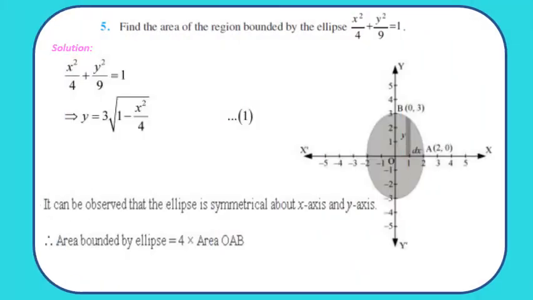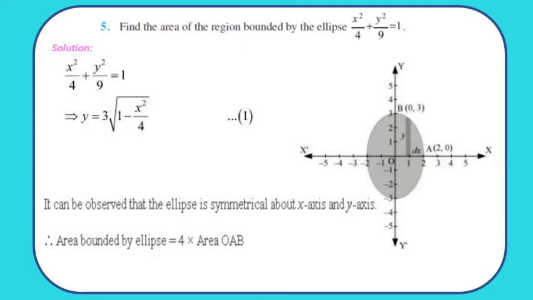Moving to question 5. Find the area of the region bounded by the ellipse x square upon 4 plus y square upon 9 equals 1. We have learned about the ellipse in grade 11th, conic sections. Here it is x square upon 2 square plus y square upon 3 square equals 1. Since the number below y square is greater, the major axis of the ellipse is on the y-axis. So drawing the figure accordingly,